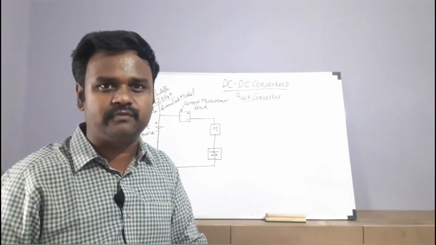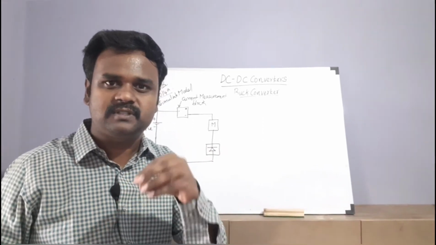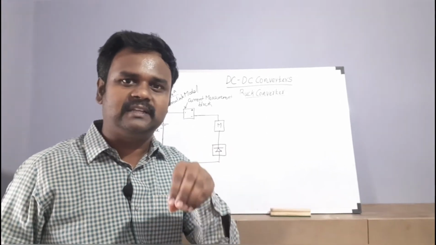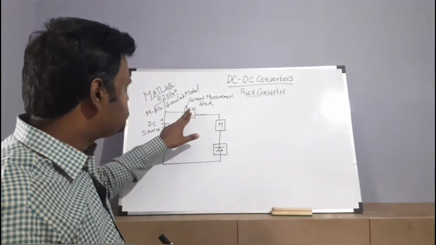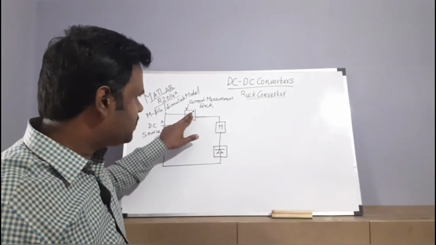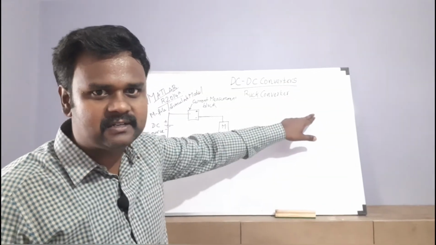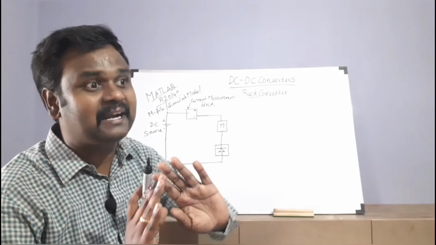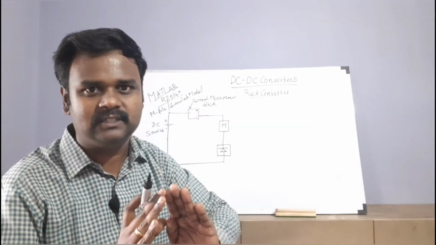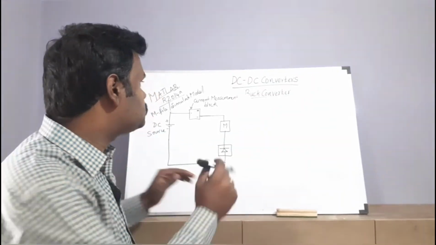So in order to reduce the confusion, we have a shortcut called Goto tag and From tag. I am going to use the Goto tag and From tag so that the diagram will be very simple. Let's see here. From here, the current will be measured, right? Source current will be measured by means of this block. This particular current should be displayed in my final result, right? I have to transfer the result from my current measurement block to the scope, so I have to use a Goto tag.